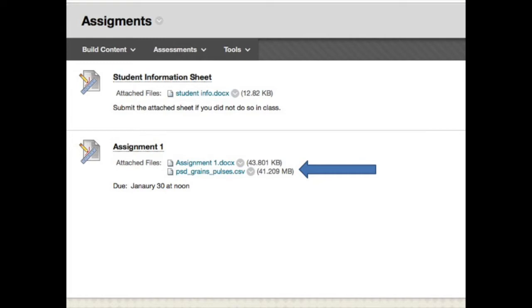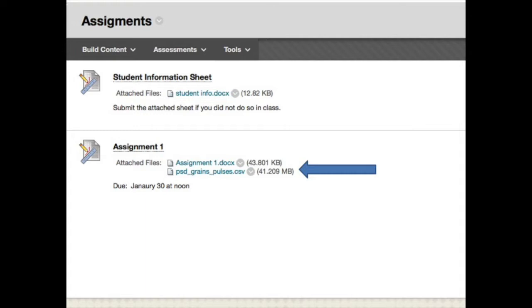Here is the Compass website, the assignments section. If you go on the left-hand side of the screen, you'll see assignments. This is the screen that you will see, and we're on assignment 1 now. Assignment 1 doc is the documentation with the assignment in it. And then you see this file here,